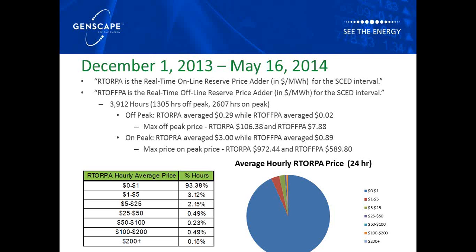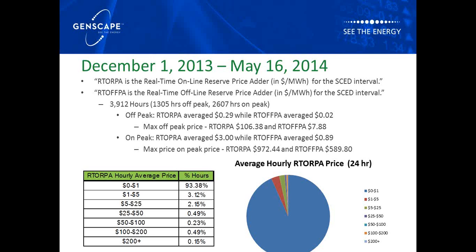The off-peak hours for real-time online reserves averaged only 29 cents, while the offline price adder averaged only 2 cents, with the max off-peak online price adder at $106 and the offline at $7.88. The on-peak is obviously stronger, but the online price average for on-peak is only $3 and the offline is only 89 cents, while the max price on-peak was $972 and the offline max price was